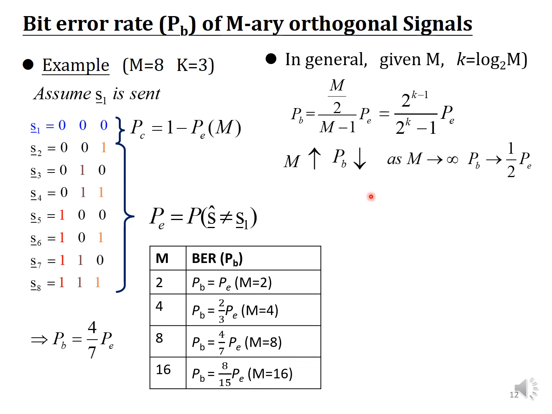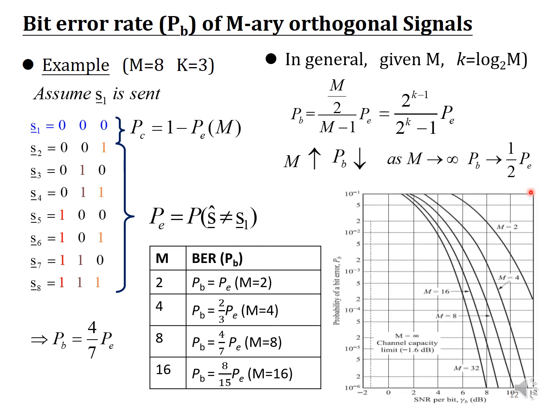And also as M approaches infinity, then this PE would eventually approach half of the PE. The bit error rate would be about half of the symbol error rate. So again, this